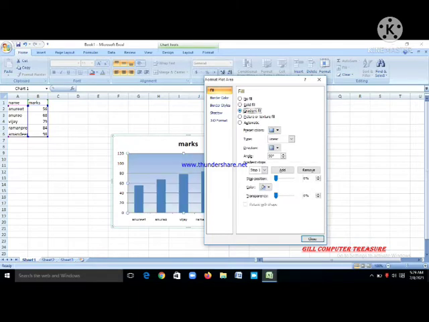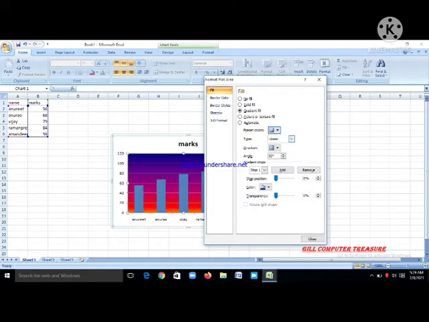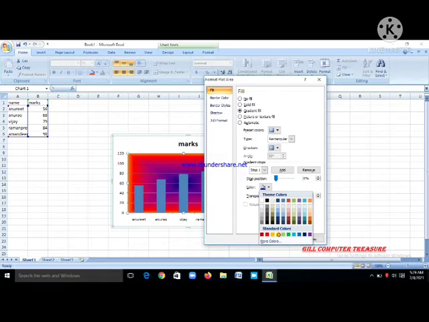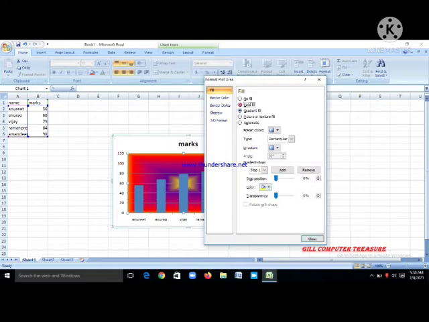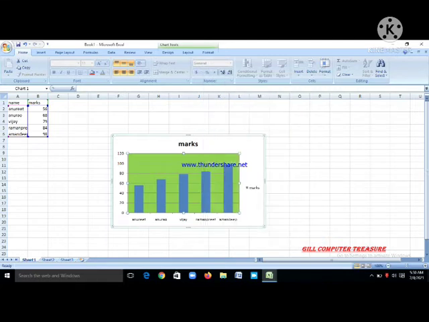to your settings. And you can select the gradient fill also, and from there you can select any predefined gradient and linear, rectangular, how you want. Then select the option. I am selecting the rectangular option. Then select the color. I am selecting yellow color. Then close. Your background will be changed according to the gradient fill. Now I am selecting the solid fill only. Then your background is in the solid color.